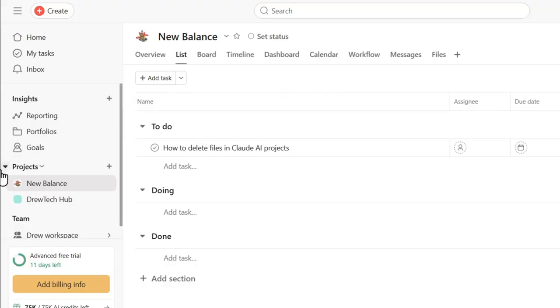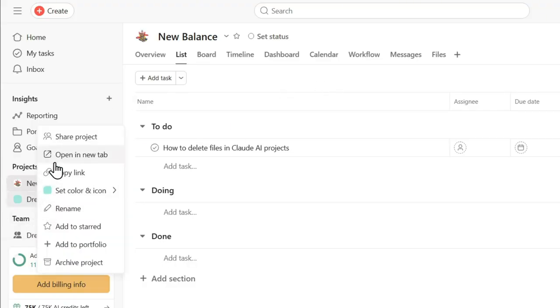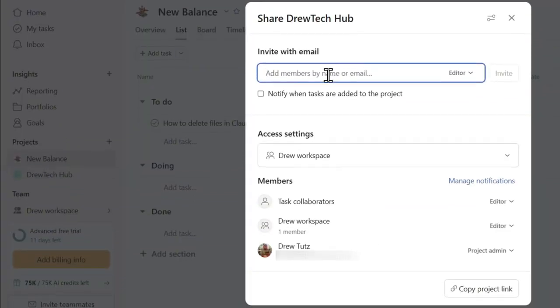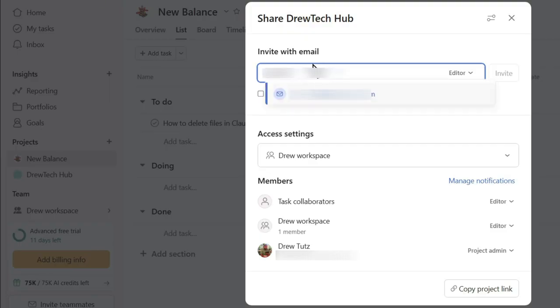To do that, simply find a project on the left hand side that you wish to share. Right click on the project and you will see share project. Click on that, enter the email of the person that you want. So let's say I type in Andrew. I'm going to go ahead and choose that as an example here, and you want to now choose the access